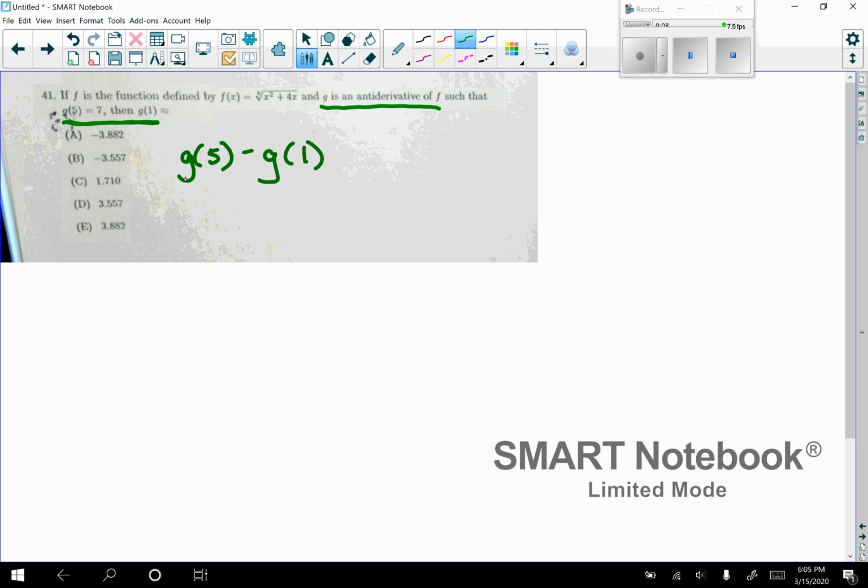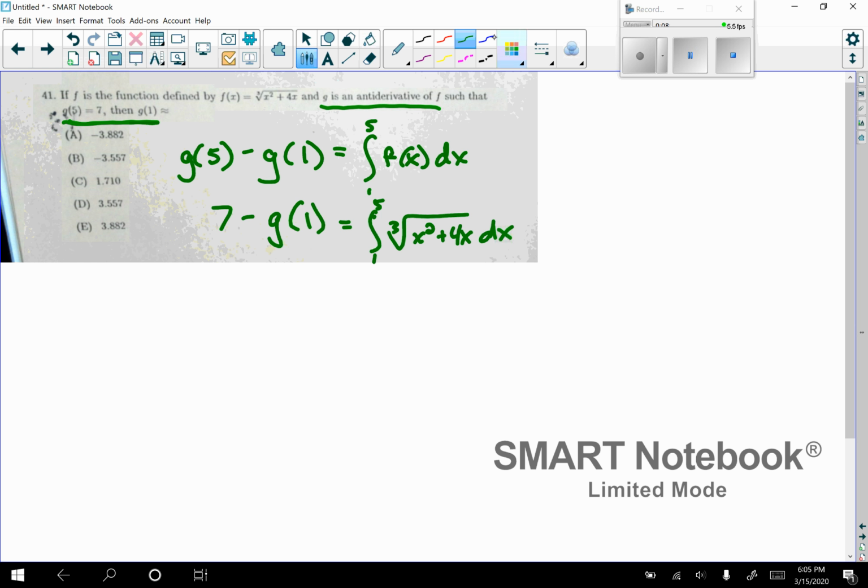This is the fundamental theorem of calculus, that second theorem that we learned first, and this will be equal to the integral from 1 to 5 of f of x dx. So G of 5 is 7, G of 1 is what we need to find, and then this becomes the integral of 1 to 5 of this cube root of x squared plus 4x. And again, since we're allowed to use our calculators, go ahead and type this integral on your calculator. Pause the video if you want. But you should get